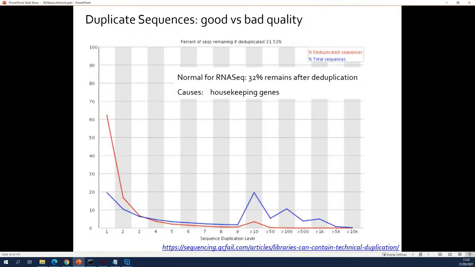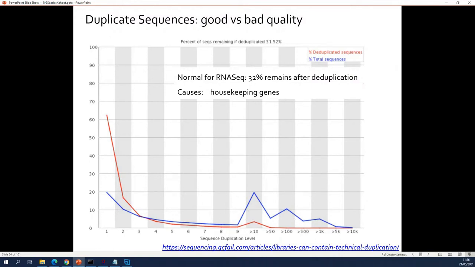What do you see for RNA-seq data? Well, for RNA-seq data, you inevitably will see duplication because of the housekeeping genes. You have biological duplicates there. So it's normal to see duplication. So FastQC doesn't know if you have an RNA-seq or a DNA-seq experiment. So he will always say, oh, this is bad. But when he says, oh, this is bad, and it's an RNA-seq experiment, then it's normal. Then this is okay. And you don't have to do anything. It's just the housekeeping genes that you see here. So these things are the housekeeping genes.